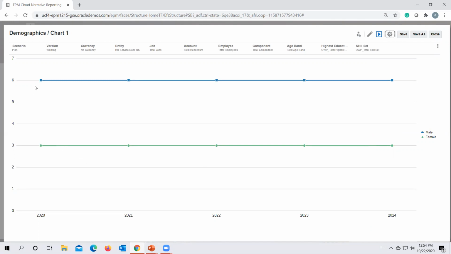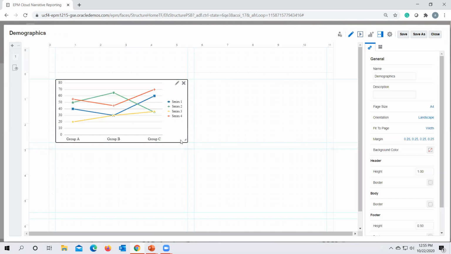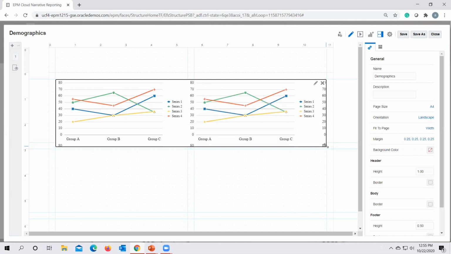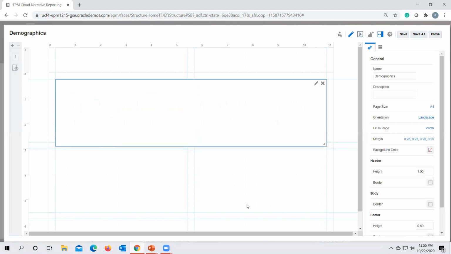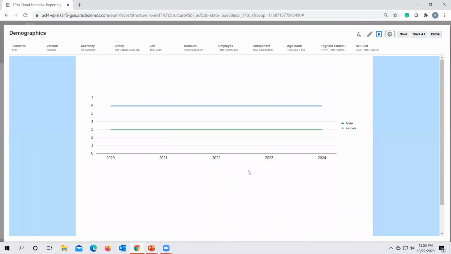And since the data belongs to category 3 and 6 for all the years, it gives me a straight line here. You close this and you make the adjustments so that you could have the view accordingly. So I want to utilize my complete space for this particular chart. I click preview, I will get the representation.